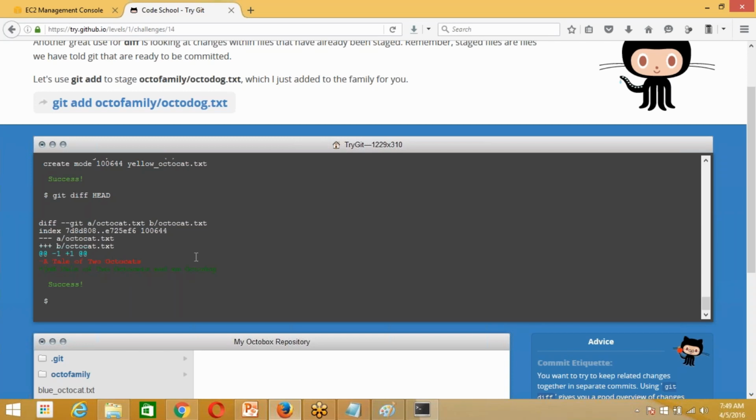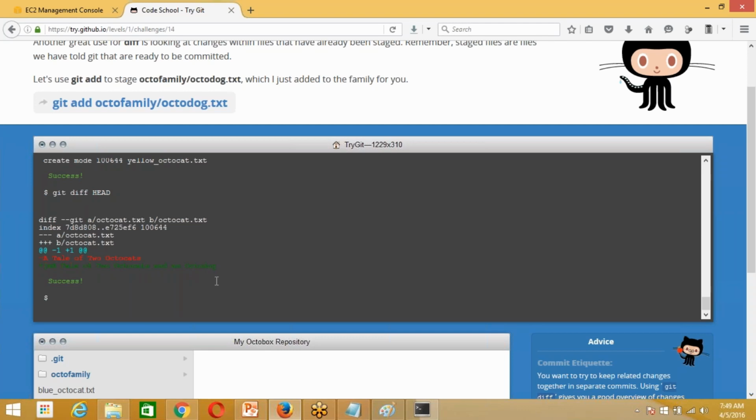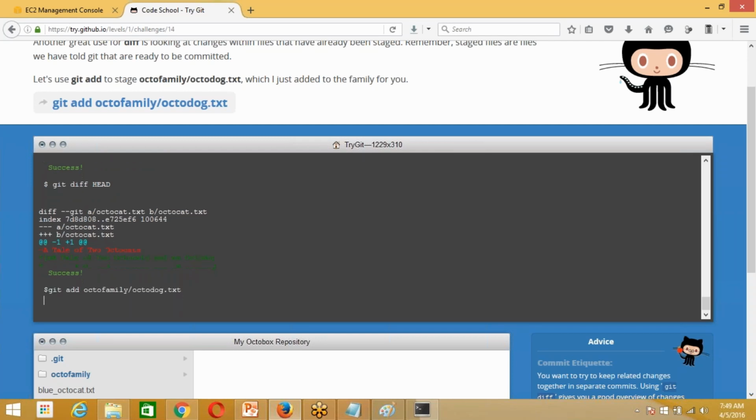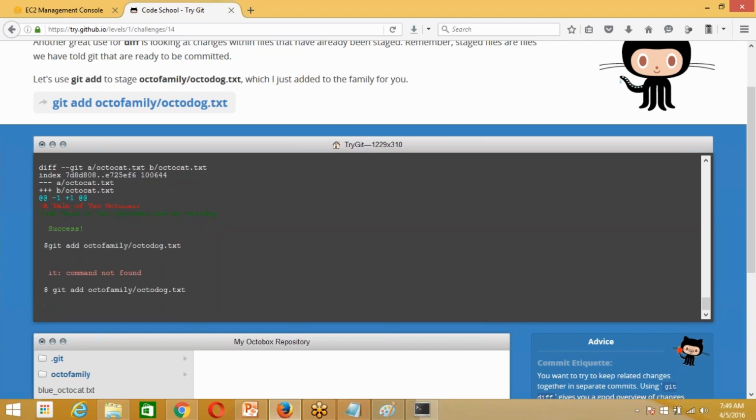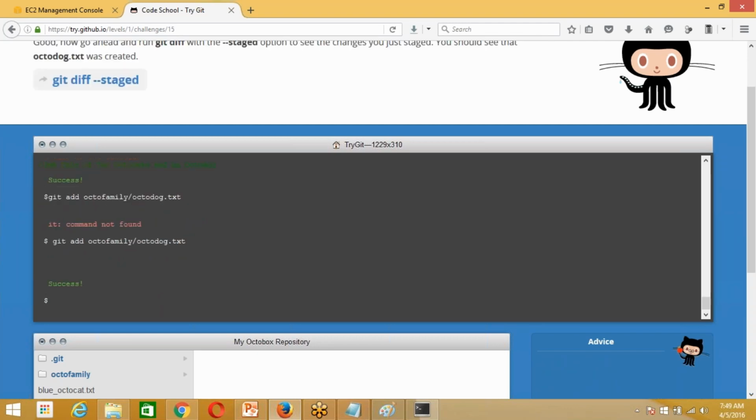Now we can do one more git add. This file is again added to the Git repository.